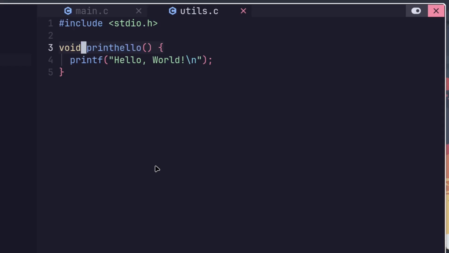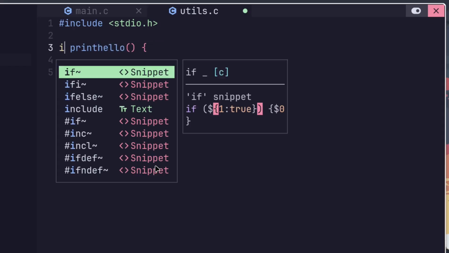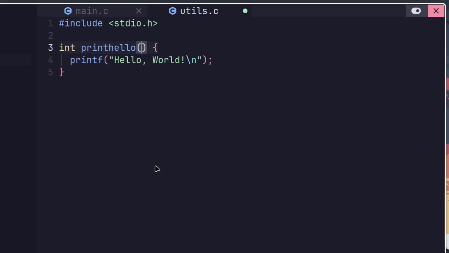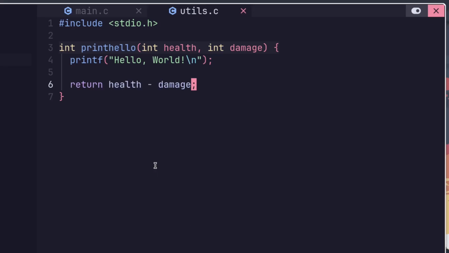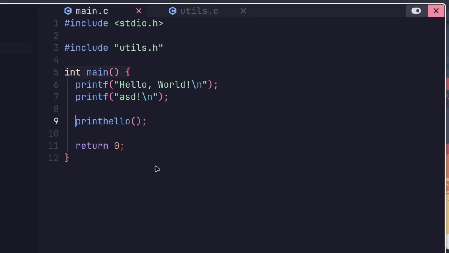Assuming this is going to have a return type of integer, and then we want the function to receive, say, an integer for health and an integer for damage, for a very simple one. Then we should simply here return health minus damage. Now, if in the main.c function we were to say int remainHealth equals to, and then we can set this to be equal to the function, and of course we also need to pass through our two values for